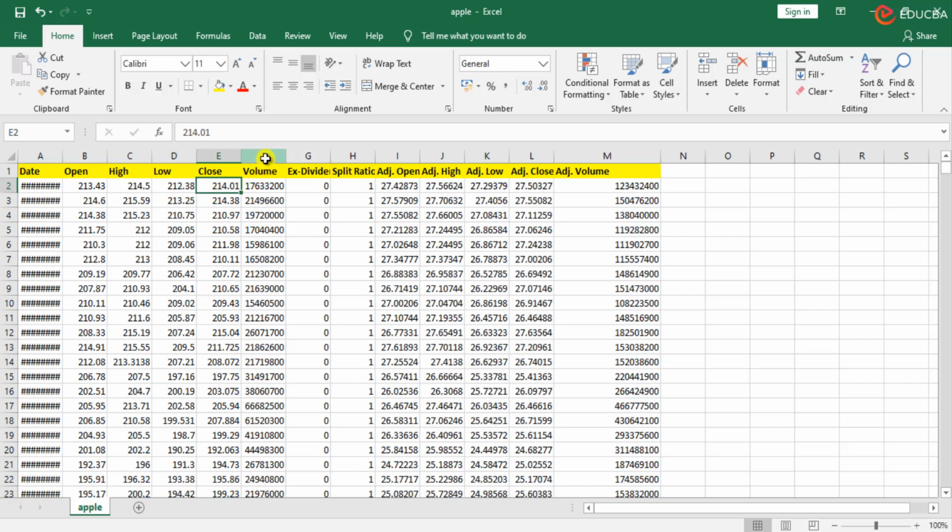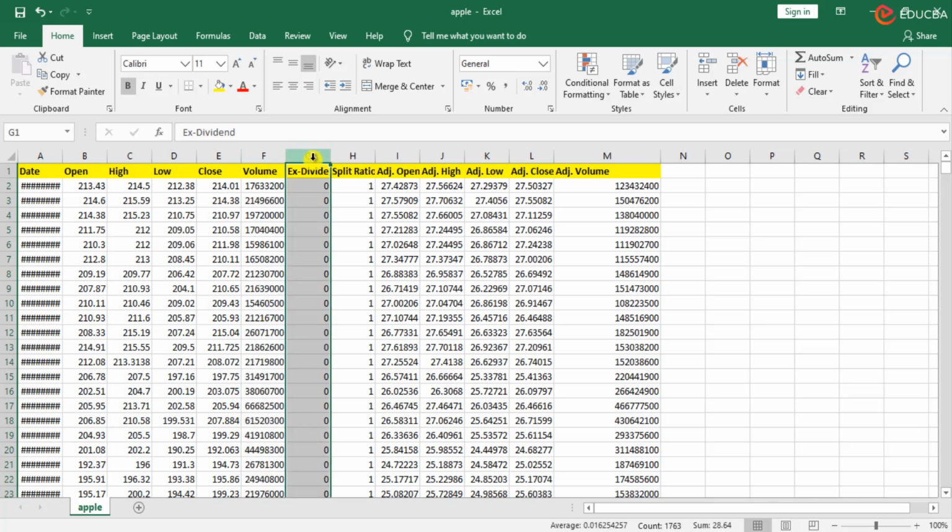The next is the volume. Volume means the number of shares traded of that particular company on that particular day. Now for example, if 5 people sold 10,000 shares of that company, then the volume is 10,000. Or if some person sold 1,000 shares to his friend, then that 1,000 is volume. So basically volume is the number of shares traded on that particular day for a particular company.